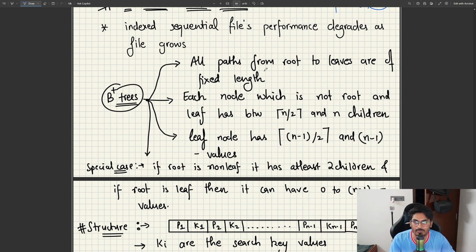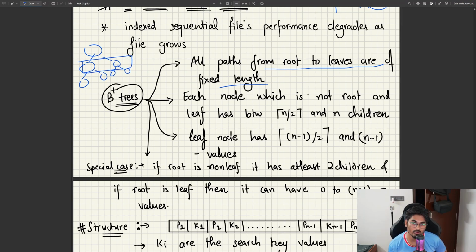So in a B+tree, all the paths from root to leaves are of fixed length. Pick every leaf: the path from root to the leaf will always be fixed. So basically you have a B+tree. The first rule is about non-root nodes. Each node which is not root and not leaf has between the ceiling of n divided by 2, where n is the degree,